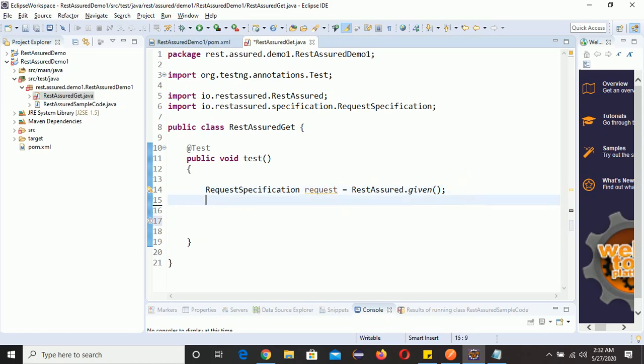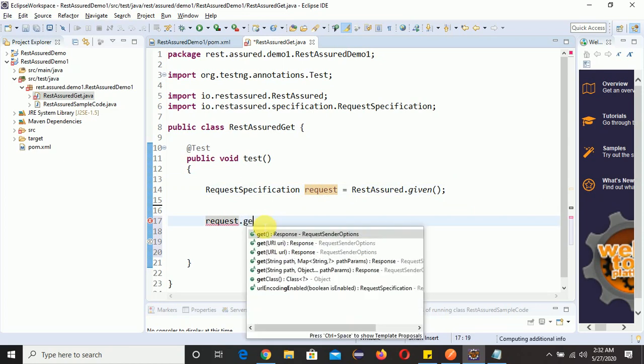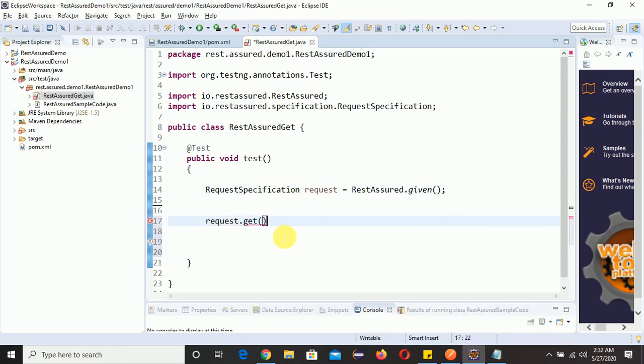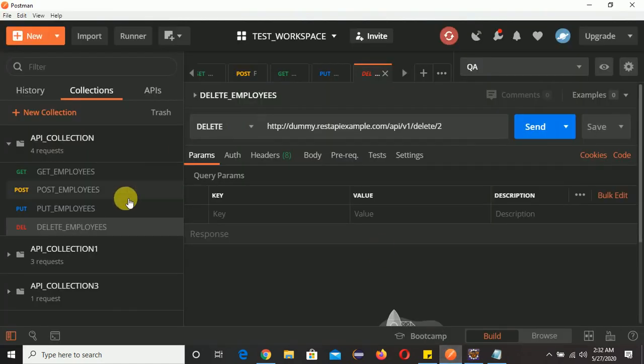Now we need to get the response. Let me write that code. For that we need to write request, this variable, dot get, and inside this get we need to pass the URL. Let me give a semicolon and go to your Postman.